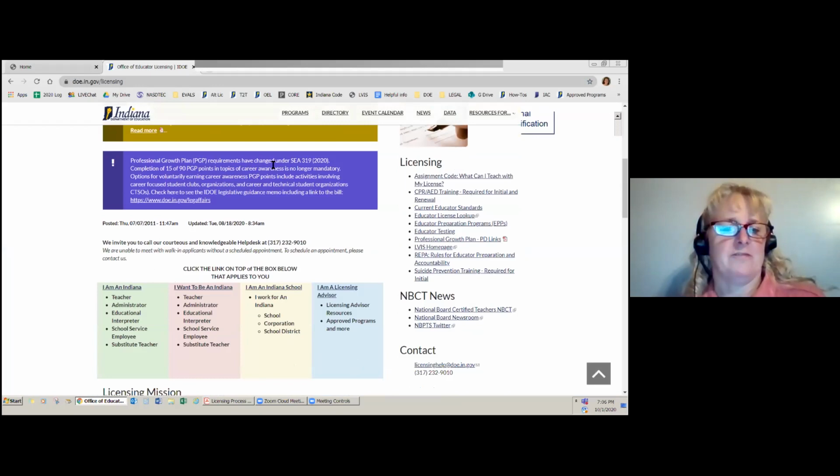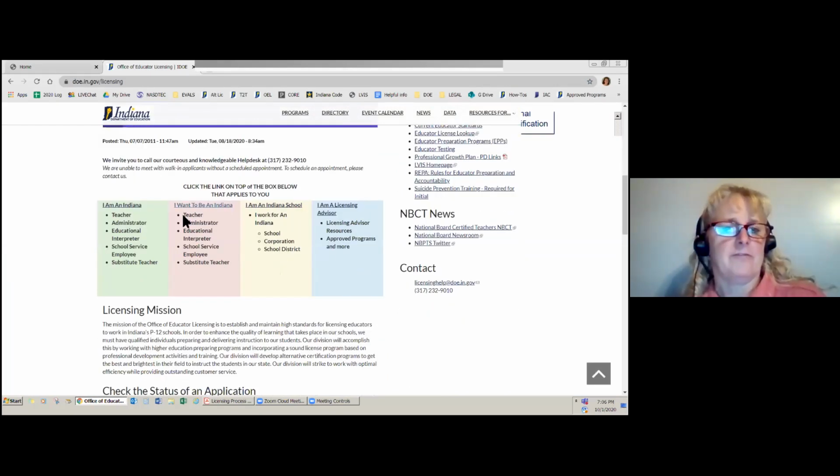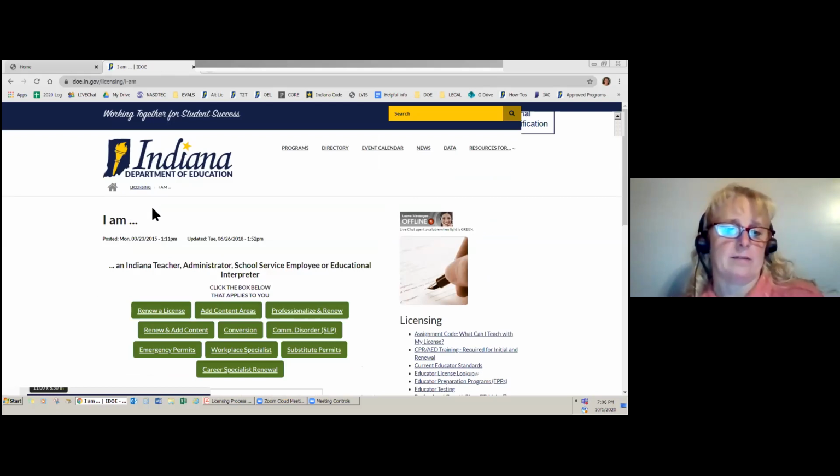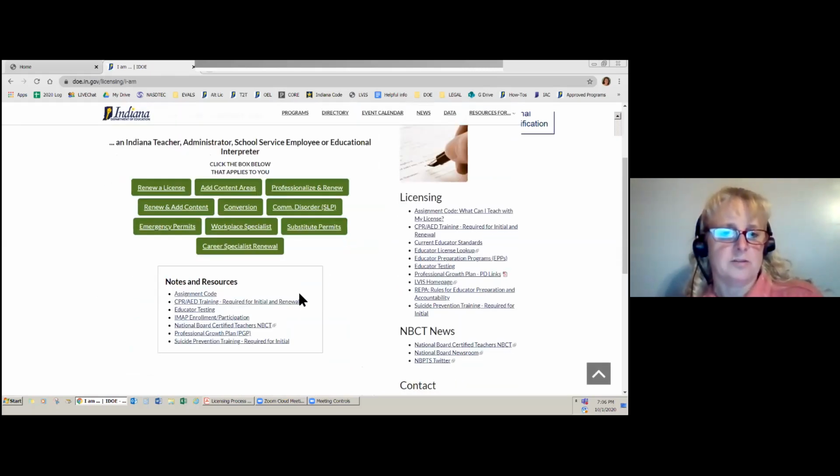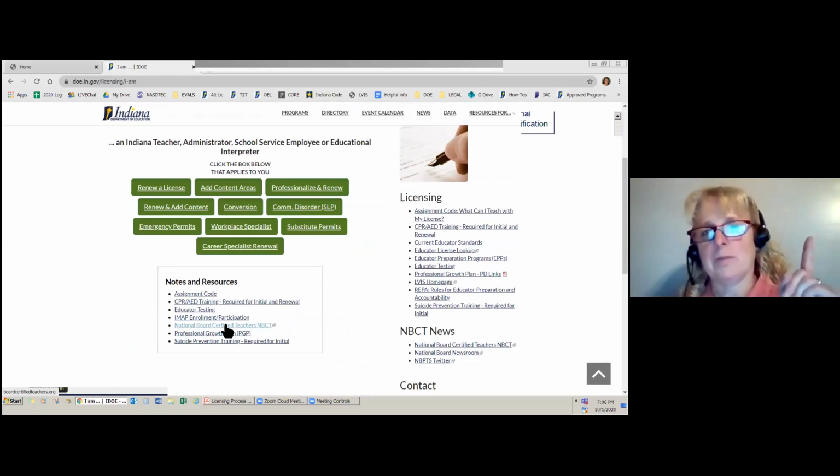For educator effectiveness or licensing, if you are an Indiana teacher, there are 4 boxes here that will lead you to the correct path to obtain the renewal questions that you might have, any content area questions, professionalizing and renewing. And then also down here, and I believe on the ISTA website,